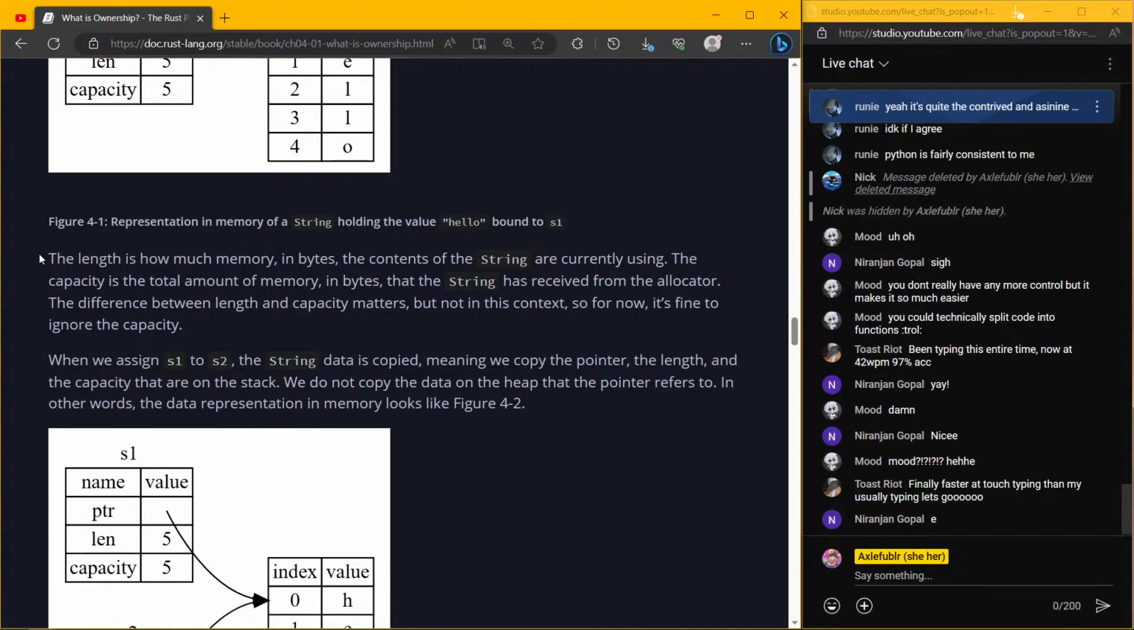The length is how much memory in bytes the contents of the string are currently using. The capacity is the total amount of memory in bytes that the string has received from the allocator. The difference between length and capacity matters, but not in this context, so for now it's fine to ignore the